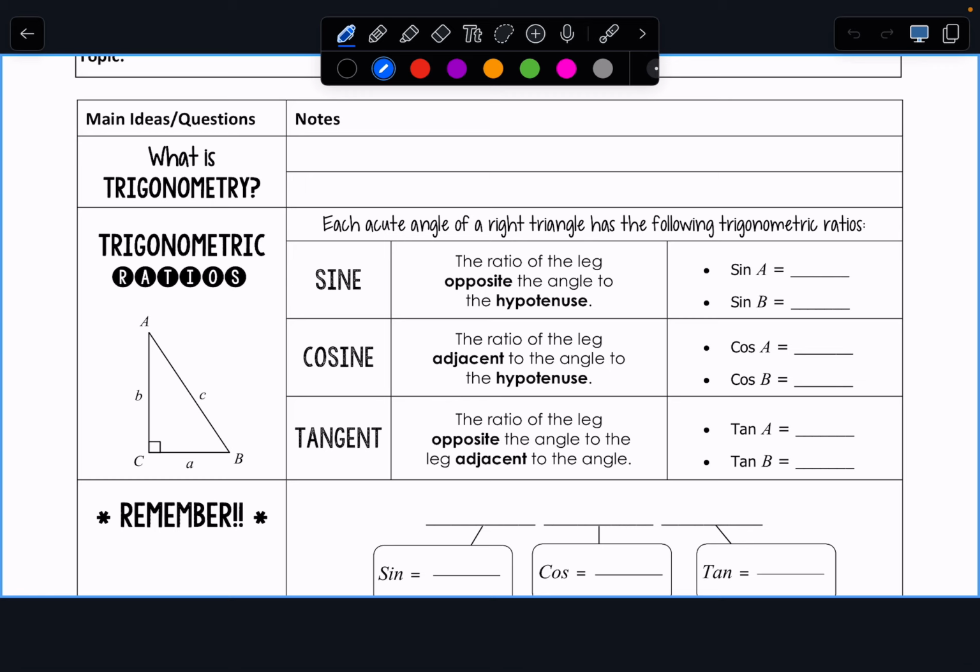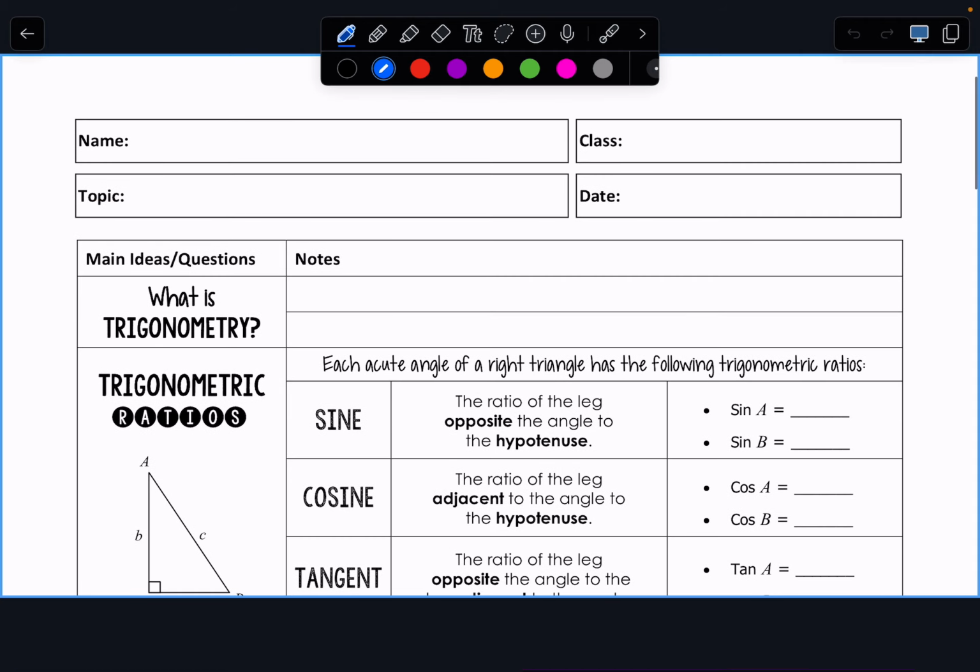So here's the deal. When we look at an angle in a right triangle, there is an opposite side, an adjacent side, and a hypotenuse. The hypotenuse is always going to be the hypotenuse. But if we're talking about adjacent,